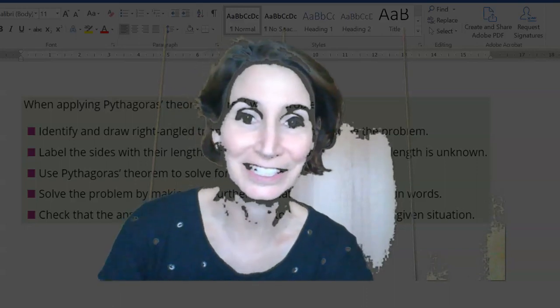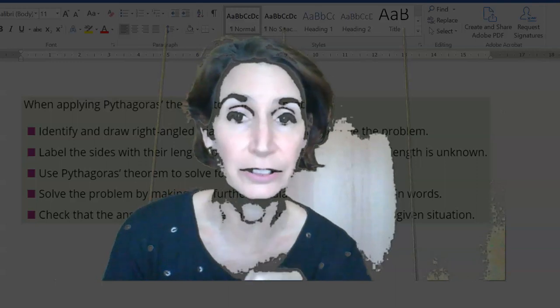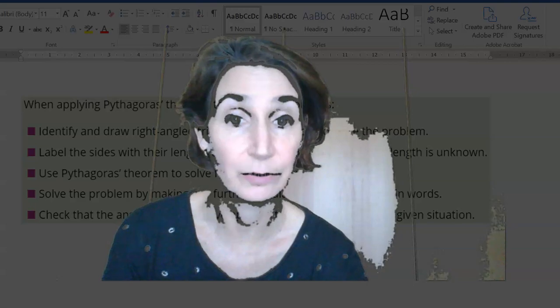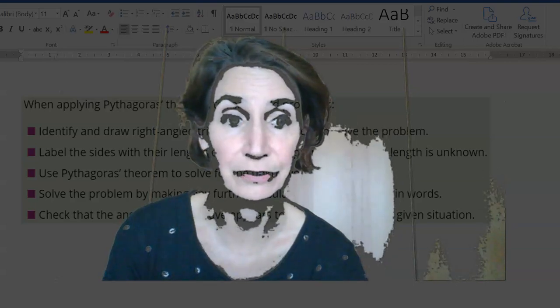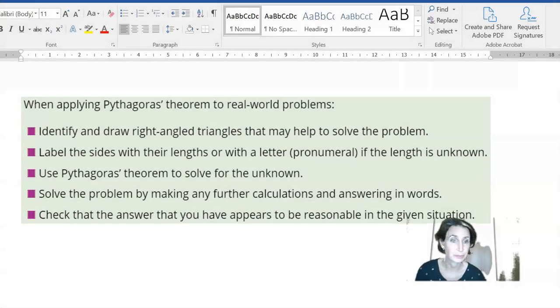Good afternoon, Year 9s. We're going to do a couple more examples now about how to use Pythagoras' theorem in a real world situation. So if you're doing some problem solving, have a look at this little part from your textbook. This is just giving you 5 steps to follow when you're trying to use Pythagoras' theorem to solve real world